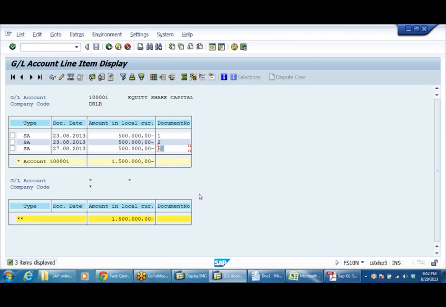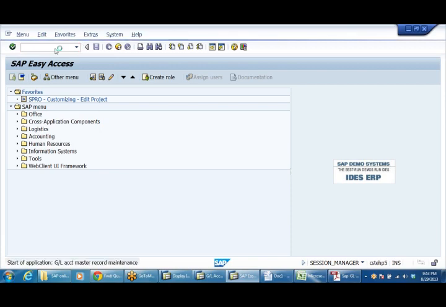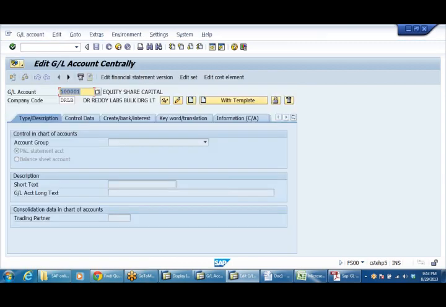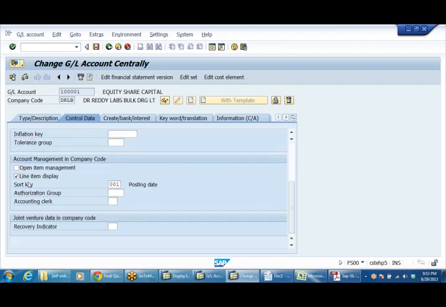And if you remember, I told you that I'll tell you later, creation of GL account. We have created GL accounts in T code FS00. In FS00, I told you that, see, 1 lakh 1, go to change your display mode. In control data, line item display, and this is 001.